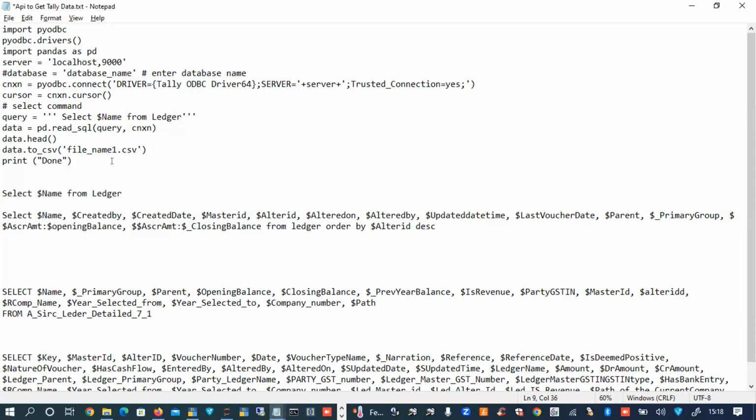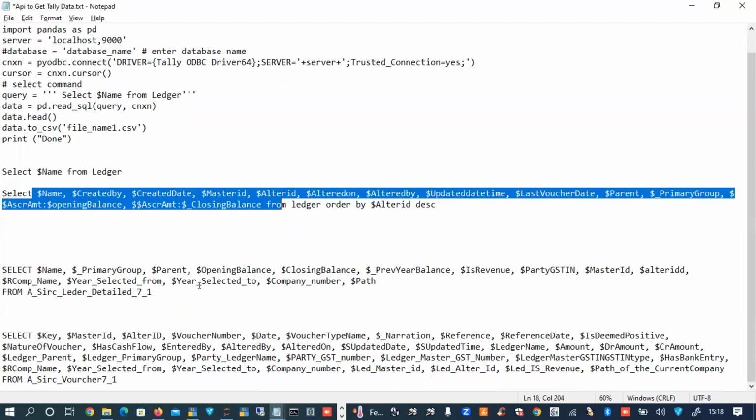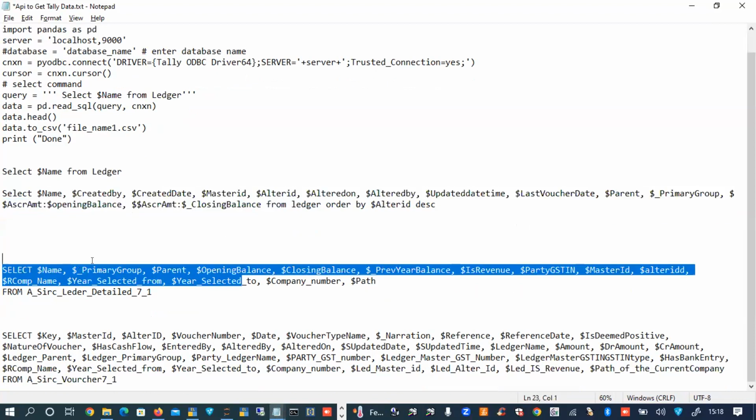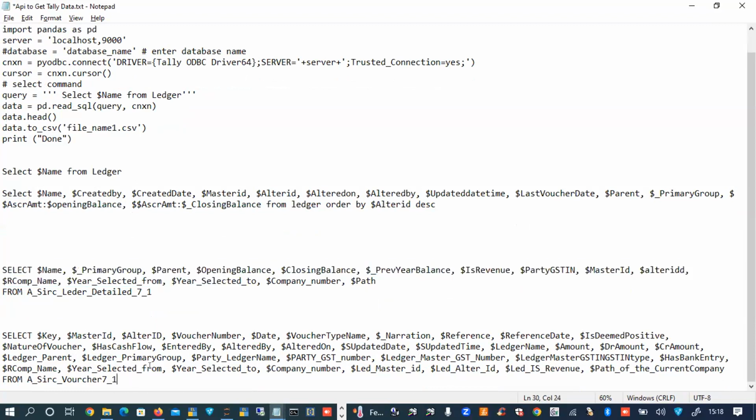So in order to get more information, you need to write more queries here. You need to pick more fields here. Select name alone, you have picked. In the second query, I picked 5 to 10 fields. But if I need to teach how to write a SQL query, it will take more time for me. Excel ODBC importing works on the principle of query. In the backend, there is a query. I copied these 4 or 5 SQL queries and showed you how to import.